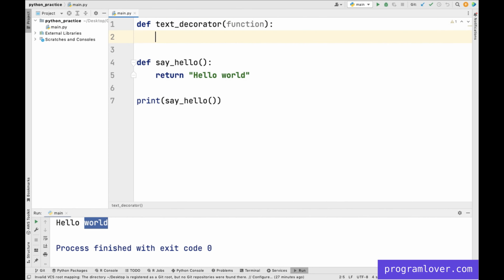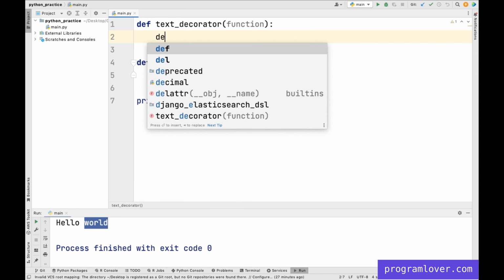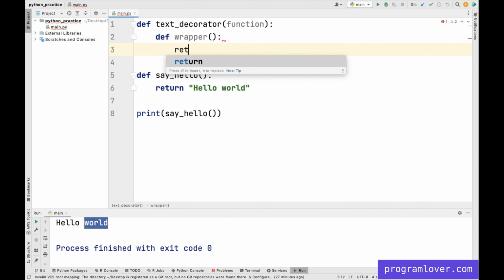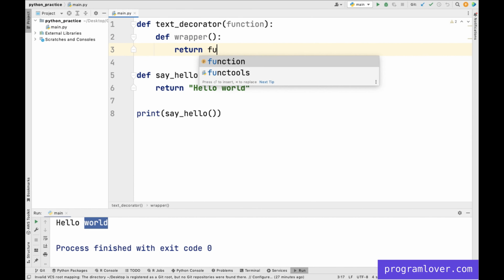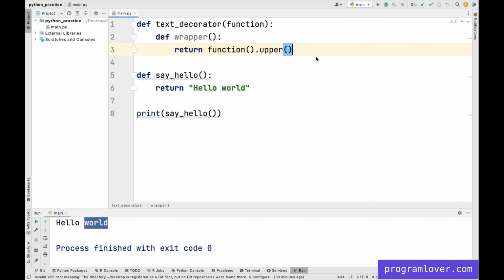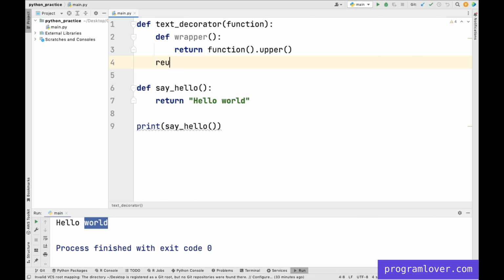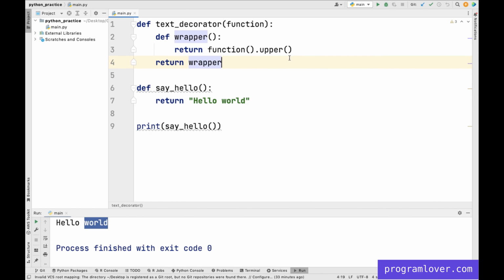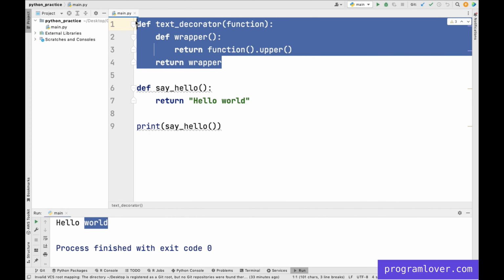Then we create one nested function and the function name is wrapper function. And this wrapper function calls the function parameter and uppercases the text. Now we return this wrapper function from the text decorator function. This is our complete decorator function.